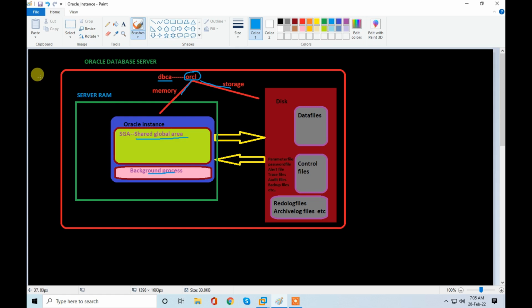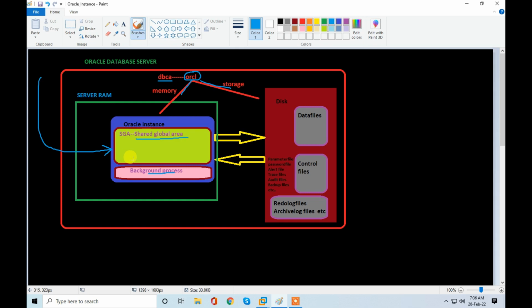When an application connects to the database, it connects to the Oracle instance only, and through the instance, application sessions perform all read-write operations. It means if the Oracle instance is not running on the DB server, then your application cannot connect to it,